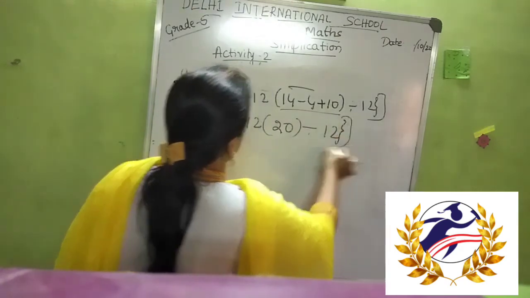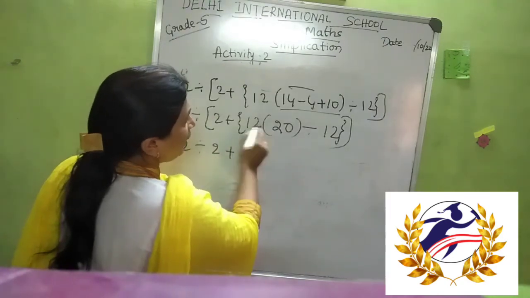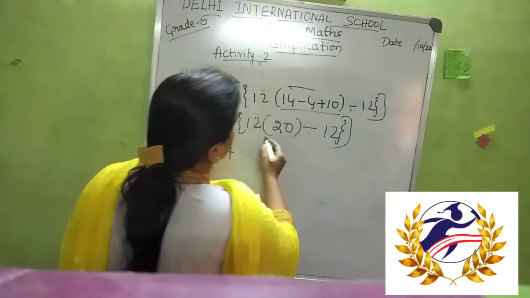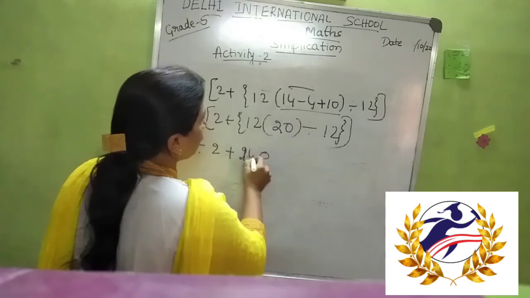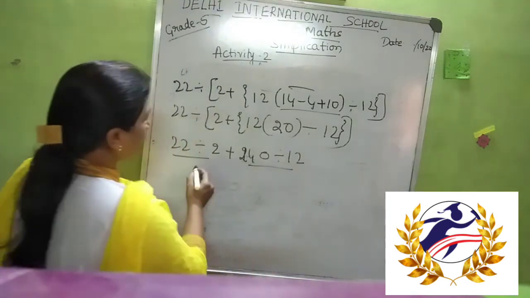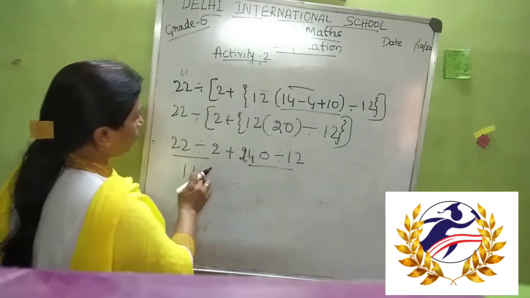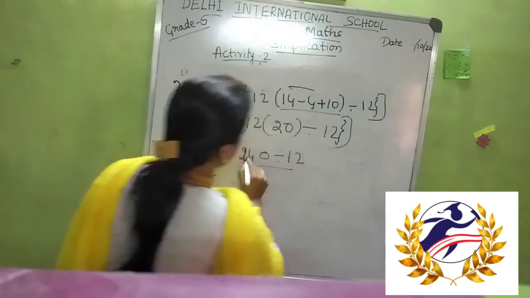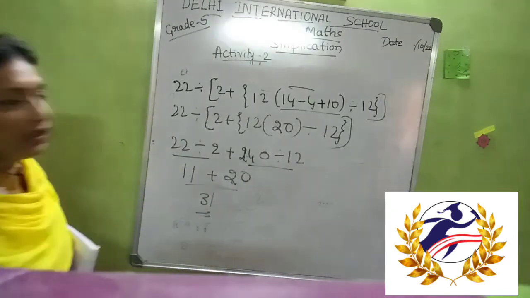So then I should write this 22 divided by 2 plus, so 20 into 12. So we should do 20 into 12. So 12 zeros are 0, 12 twos are 24, divided by 12. I need to write. So then we should solve these two. 2 11s are 22. 22 divided by 2 is 11. So then 240. 12 twos are 24. 12 20s are 240. So then 31 I get.